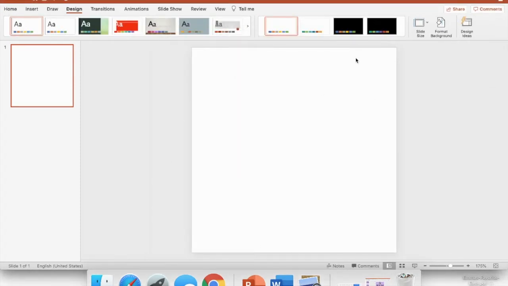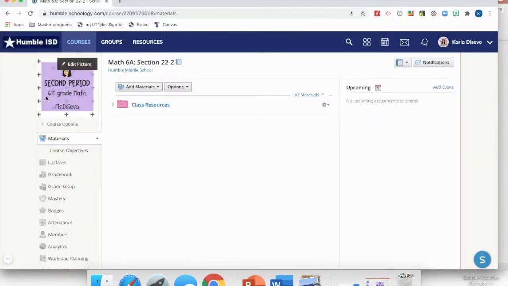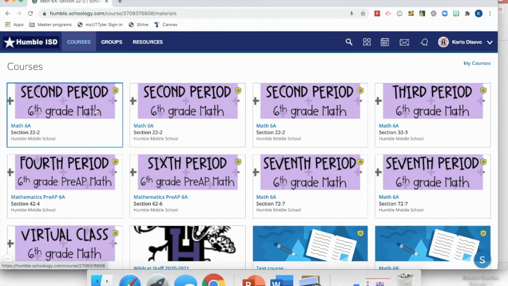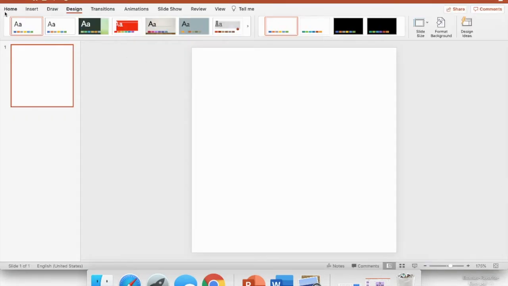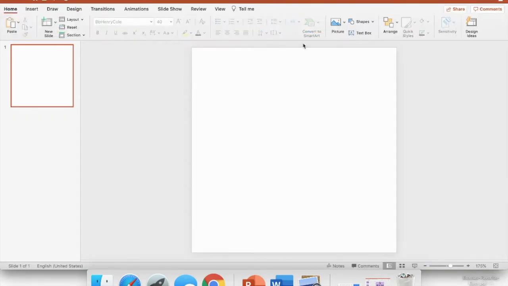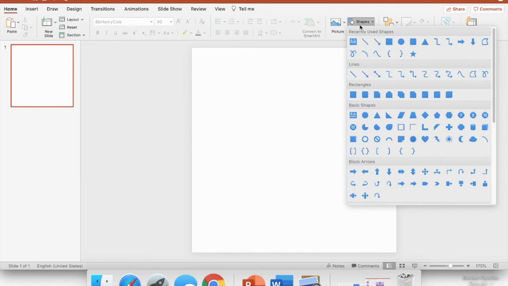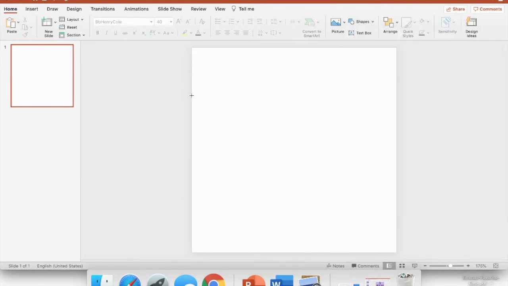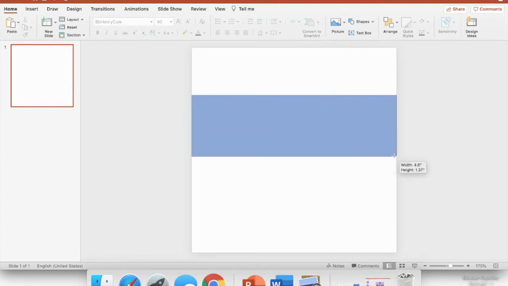Now, this is the size for your icon that's in that little corner. So this whole part, that's what I'm referring to as an icon. Now, the part that's going to be shown here is what I'm going to refer to as a banner. So for that banner, go back to Home, and you're going to insert a shape. Right here where it says Shapes, go ahead and select the rectangle or square. And you're going to stretch it out to the sides